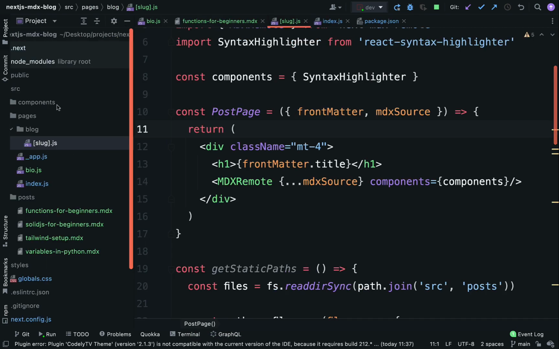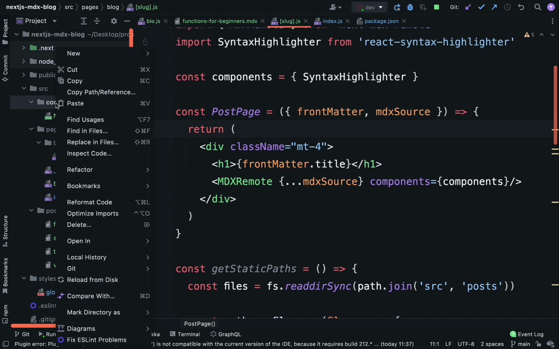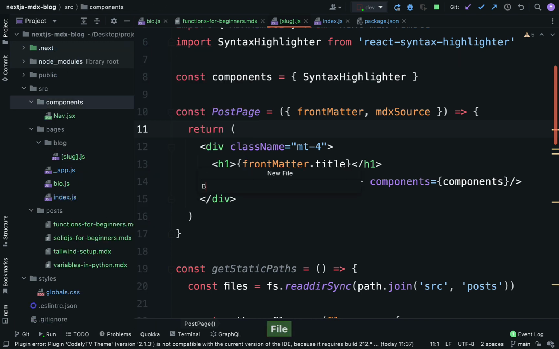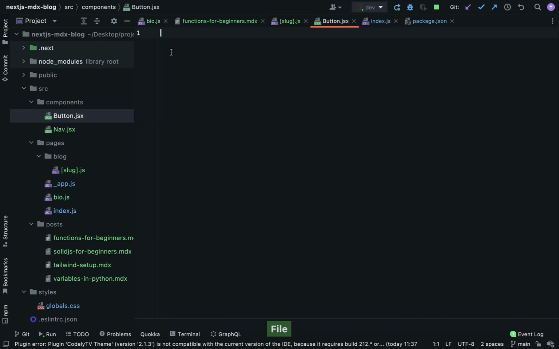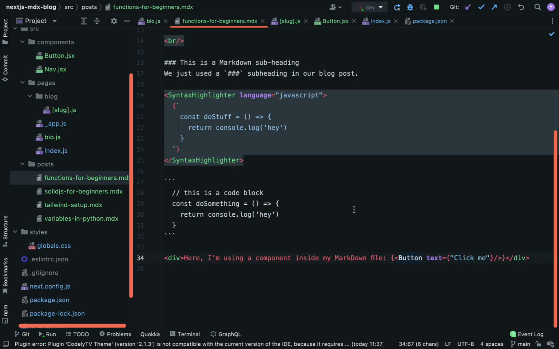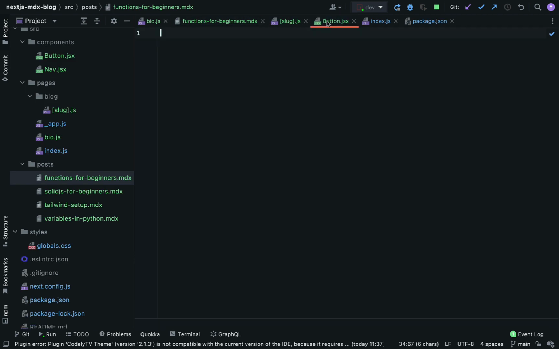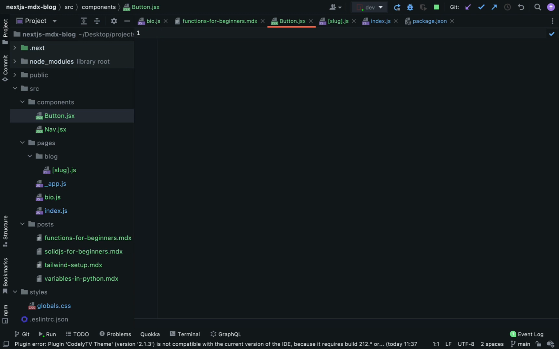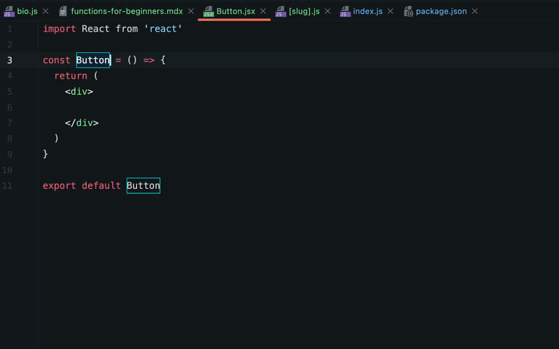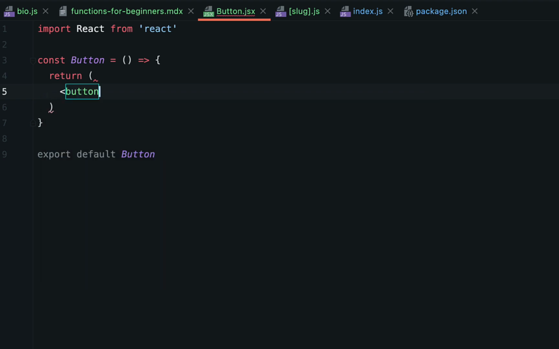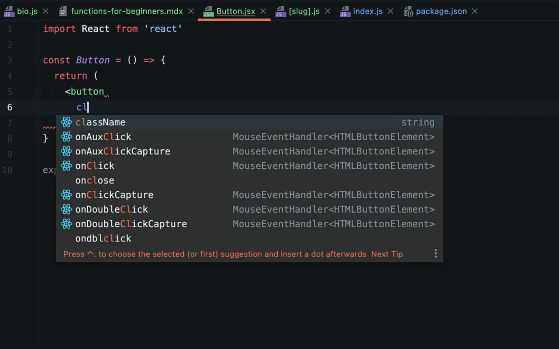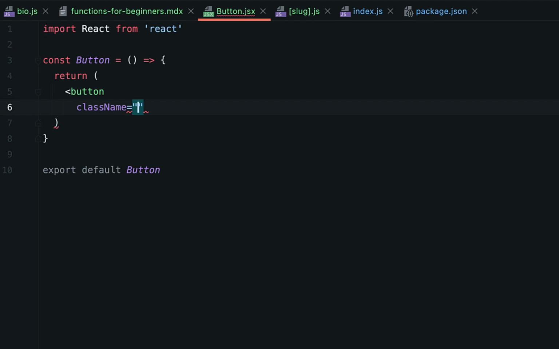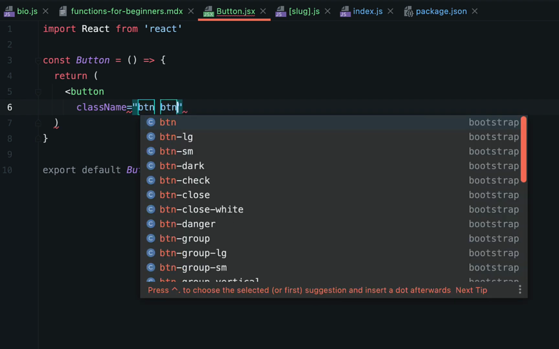So back to projects, we want to go to the components directory, new file, and button right here, the JSX. Let's make sure that that's what it's named. So this is button, right? So we have button right here, the JSX, and this is going to be a simple component. We need RSC to create a component, and let's simply have this right here. So we have button right here, and for class name, we have btn primary,